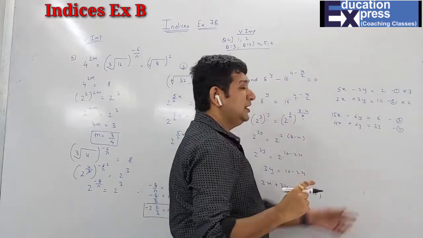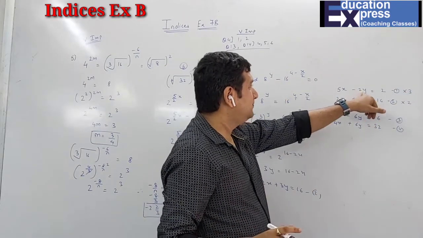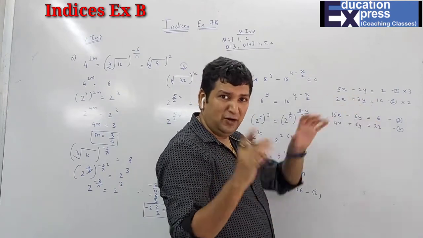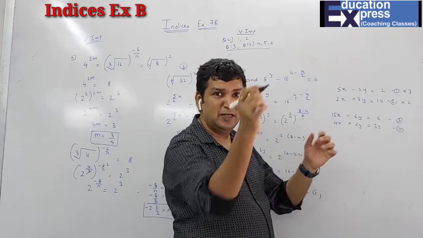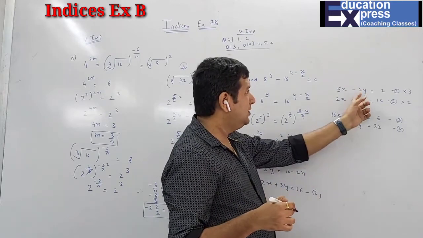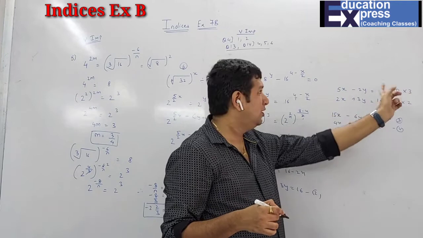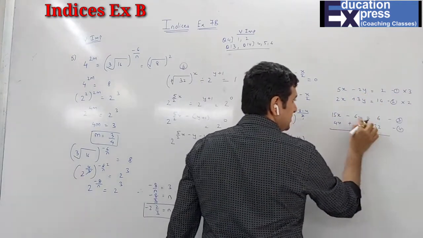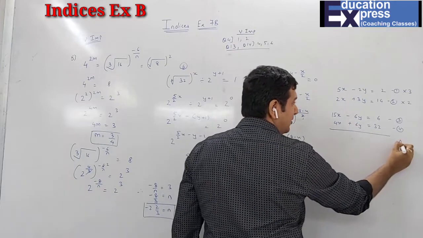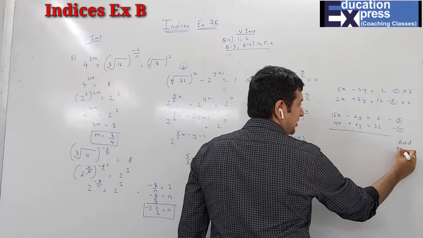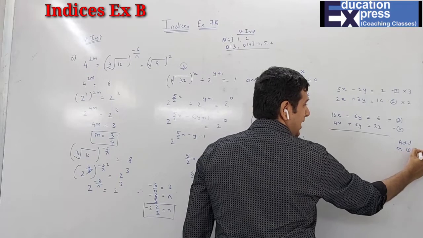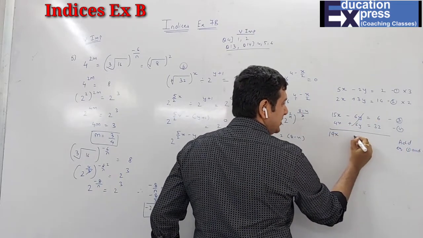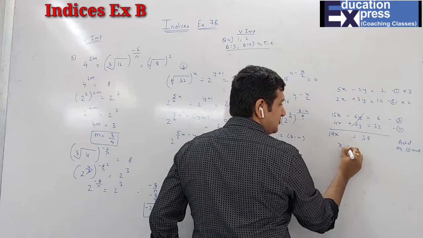But students, here what I have done is just one variable, right? That coefficient I will definitely make the same, and we will definitely go for the one which has opposite sign, it will be easy for us to cancel. So here the LCM of 2 and 3 was 6, and therefore I have taken 2 times 3 is 6 and 3 times 2 is 6. So now you can see that in both equations 6 is the same. So if I add equation 3 and 4, 6y will go. So what is left? 19x is 38. So x will be 2.